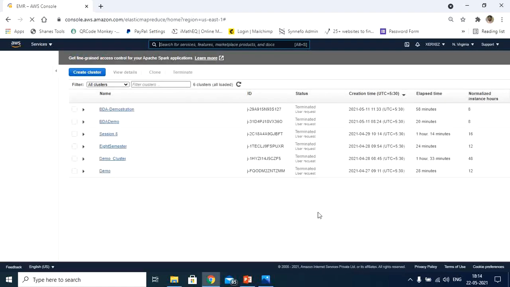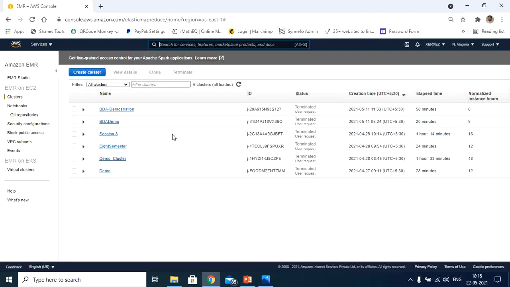It started processing. This may take a little time. Now you can see the main dashboard where you can create the cluster and deploy. You will get the option Create cluster here. Once a cluster is successfully created, the other options will also be enabled, like you can clone or terminate the cluster, but there is no option for stopping the cluster here. On the right side you can also see other options like notebooks, git repositories, security configurations, block public access, VPC, etc.